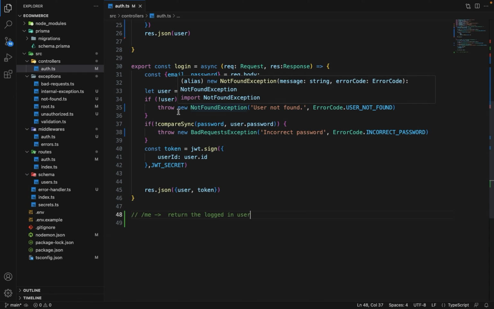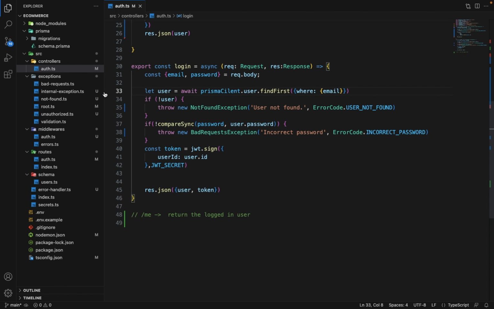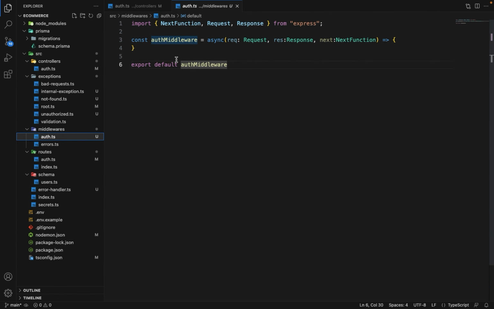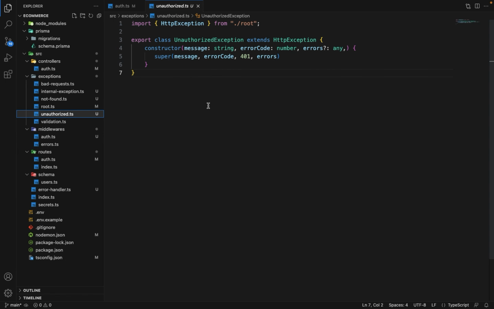And from that auth token, we will be determining which user is logged in. So for that, we have to create an auth middleware. I have created a dummy middleware here with boilerplate code. Also, I have created one exception here, which is the unauthorized exception. It has the status code of 401. We will be throwing this error when the user is not authorized and is trying to access some resources